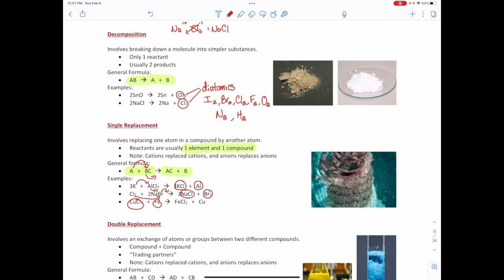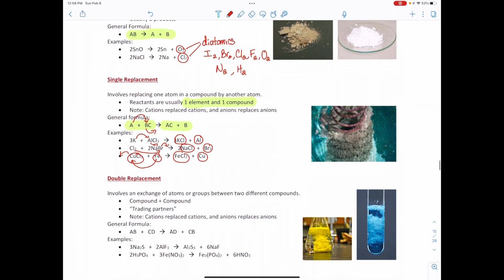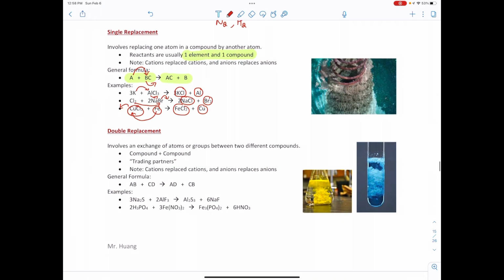This metal here is a cation, and it's going to go in and kick out the copper. So I form my new compound, which is iron 2 chloride, and then the copper atoms that got kicked out, that is on its own. So that's single replacement. Double replacement, like its name suggests, we're going to be exchanging not just one, but kind